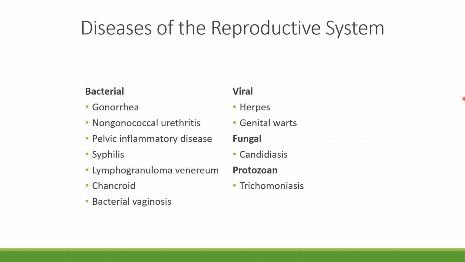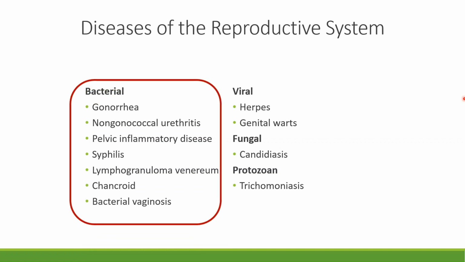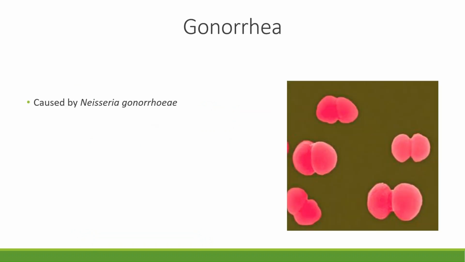The types of infections that occur on the reproductive system are more numerous, and so we're going to spend most of our time talking about these, from bacterial to viral to fungal and protozoan pathogens. We'll begin here at the top of the list with the bacterial pathogens, and we'll start with gonorrhea, which is a sexually transmitted disease caused by the bacteria Neisseria gonorrhoeae, and is